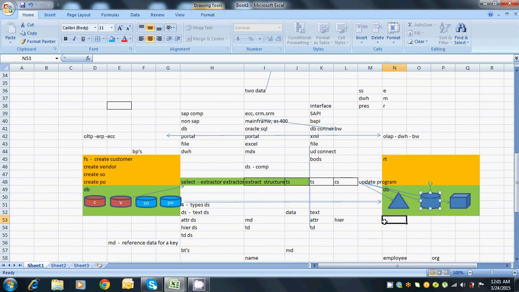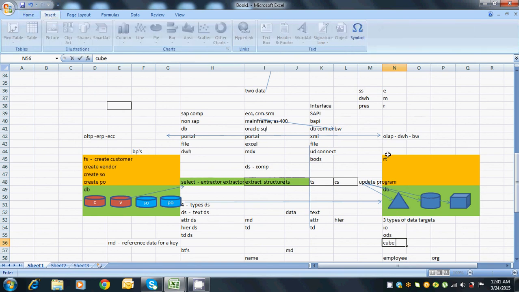we have 3 types of data targets, and using these 3 types of data targets, info objects, ODS objects and info cubes, we can store the data. Once we have stored the data, using reporting tools we can generate the reports, and these reports can be published to the portal,